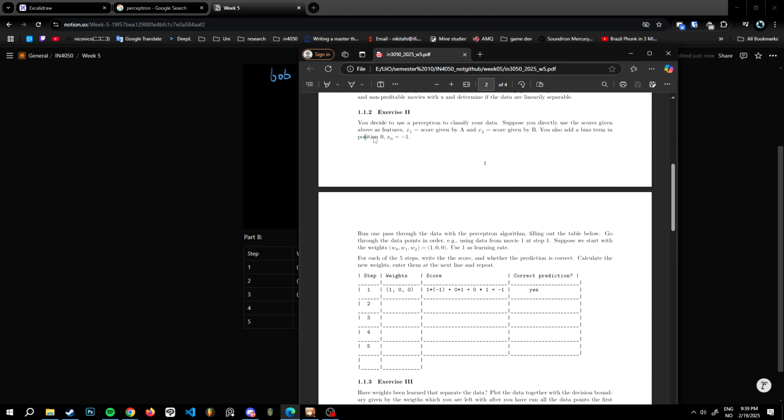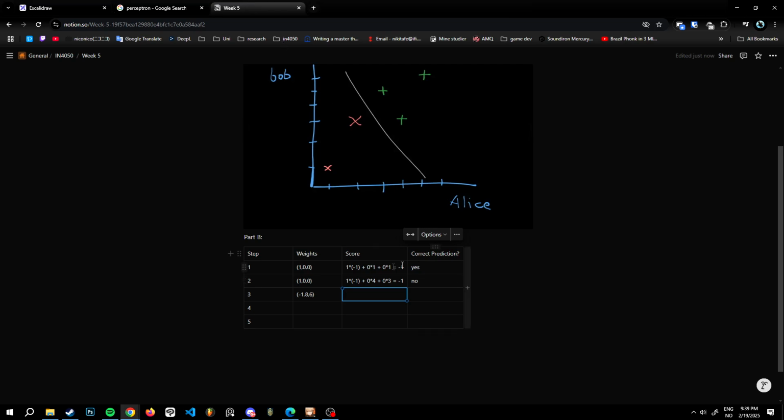The first one is the bias, which is -1. So again, we will have the weight, which is going to be -1, times the bias. Then we're going to do plus 8 times